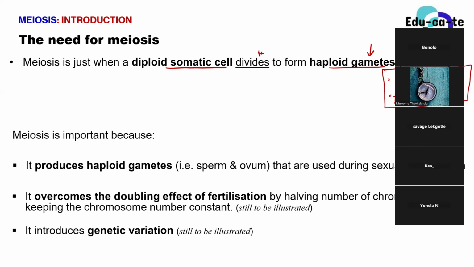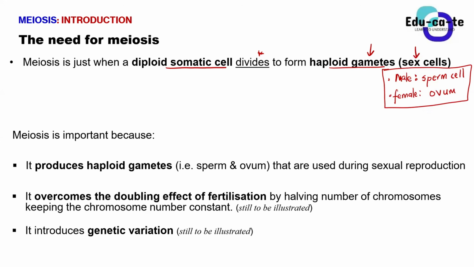Okay, it's fine. All right, guys, you cannot tell me that when you were a 7-year-old boy, you were producing sperm cells. No, your body was not able to produce that. Even a girl, you cannot tell me that when you were 5 years old, you were producing egg cells or ova. No, not at all. These are only produced at puberty.